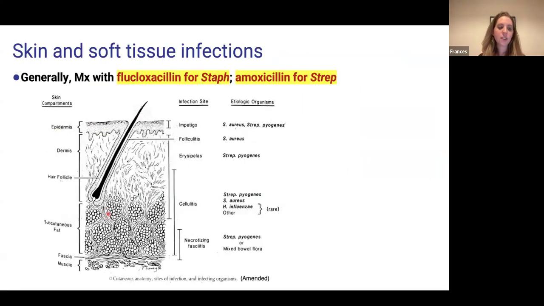Okay, so that's all about the inflammatory diseases. Now we move on to the infections. So generally, when we're talking about skin and soft tissue infections, you're going to be thinking about treating the patient